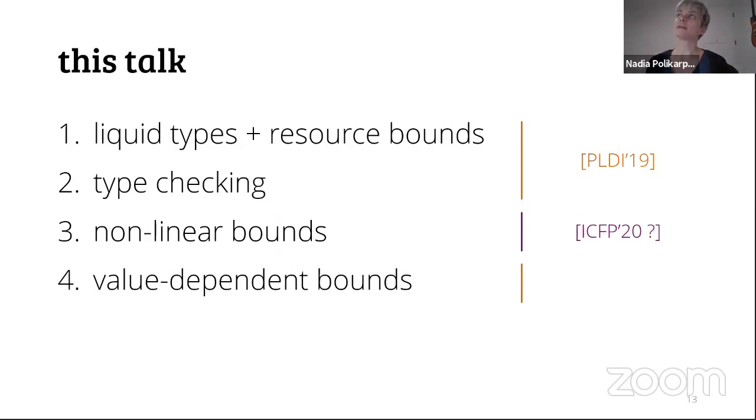For example, there is an example where we are trying to compute an intersection between two sorted lists, right? And if you don't specify any resource bound, then it would do that in quadratic time. It would traverse the first list, and for each element of the first list, it would traverse the whole second list to figure out if the element is present there. And if you specify that you need to do it in linear time, it would do it as a zipper, traversing both lists at the same